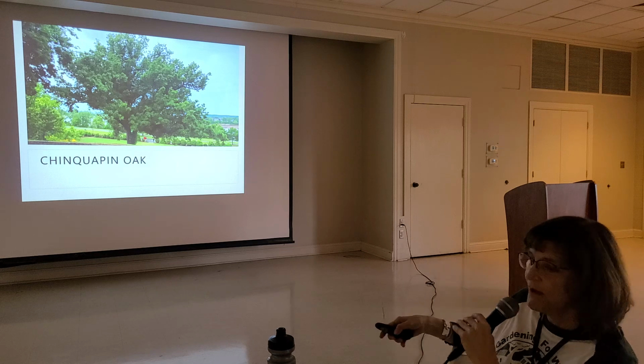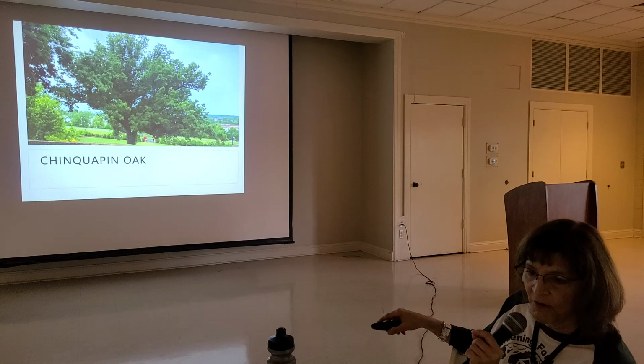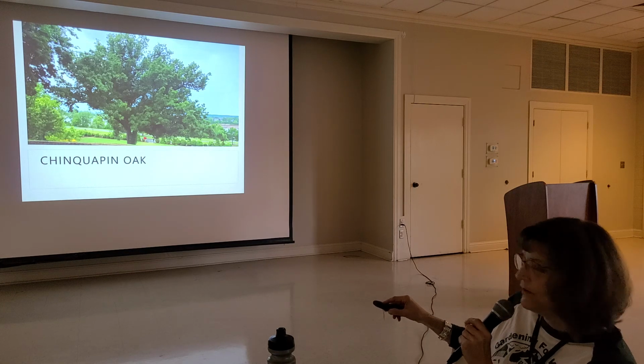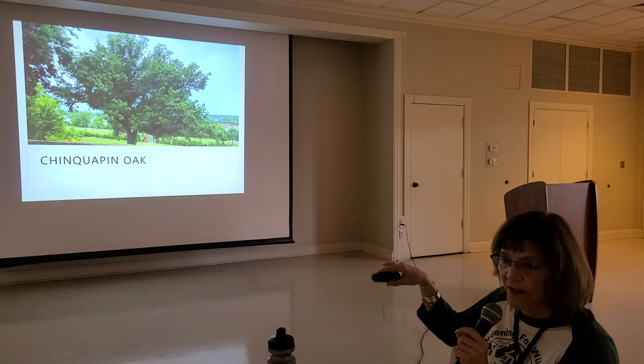That's even better. If you don't have room for a chinkapin oak, bur oak is also a large oak tree, but Shumard oaks are a little bit smaller, and then pin oaks and post oaks are also oaks that are native to this area. And the reason why oaks are so good, especially right now,